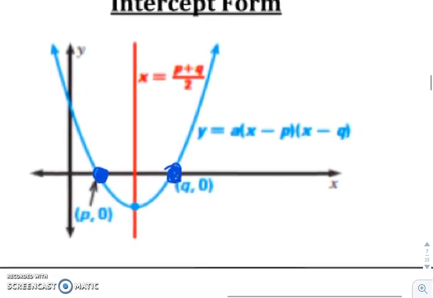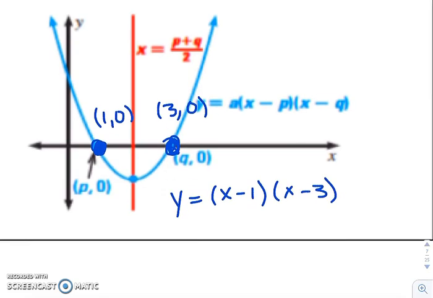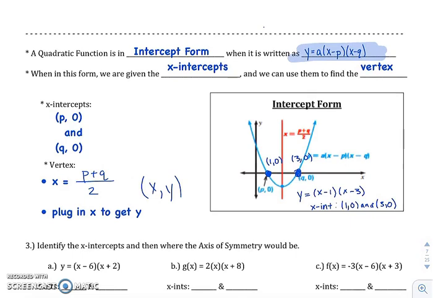So in your example over here, say this was 1, 0, and this was 3, 0. A possible equation could be y equals x minus 1 times x minus 3. Your two x-intercepts would be 1 and 3. So yes, in the equation it's minus 1, minus 3, but the actual physical x-intercepts themselves are positive 1, 0